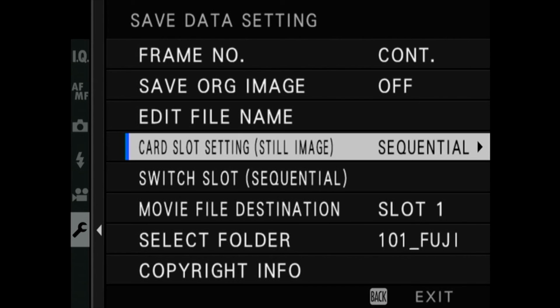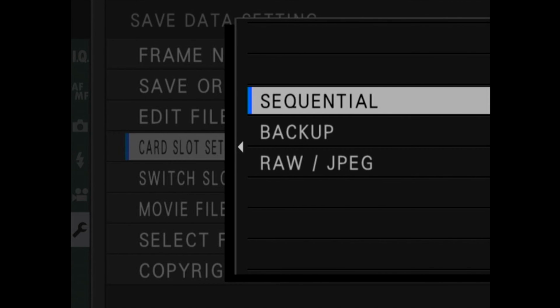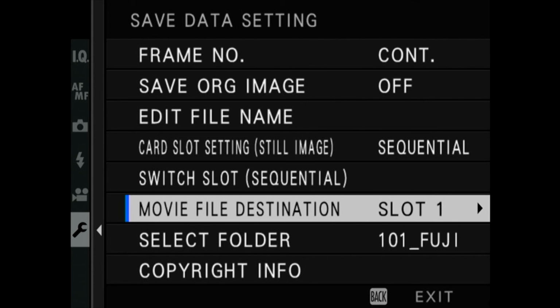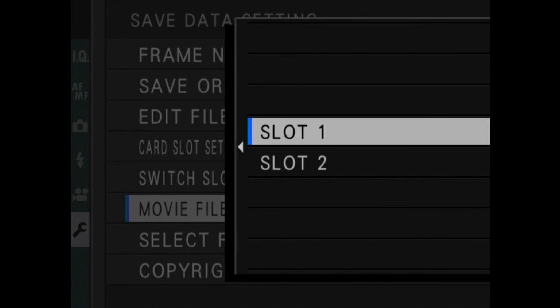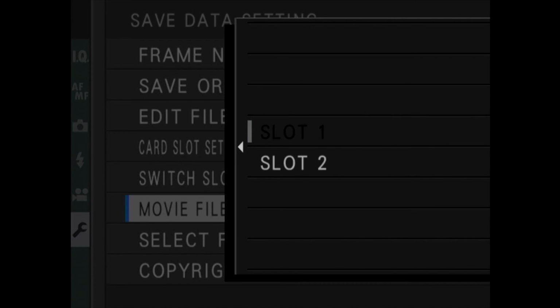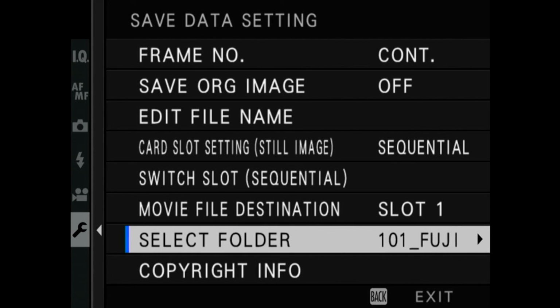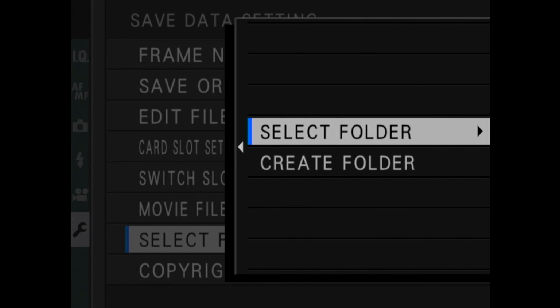Card slot settings for still image, you can set it to sequential, backup, or RAW plus JPEG. This is if you want to have redundancy, like let's say you're shooting a wedding or something like that. Switch slot, sequential. This allows you to just flip the slots when you're doing sequential. Movie file destination, you can choose slot 1 or slot 2 where you want it to write your videos to, depending on your preference. Some people like to save the stills on slot 1 and video on slot 2, so you can do that. Select the specific folder that your stuff will be saved to, whether it's stills or videos,